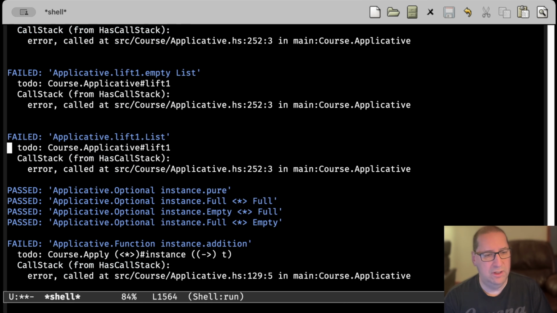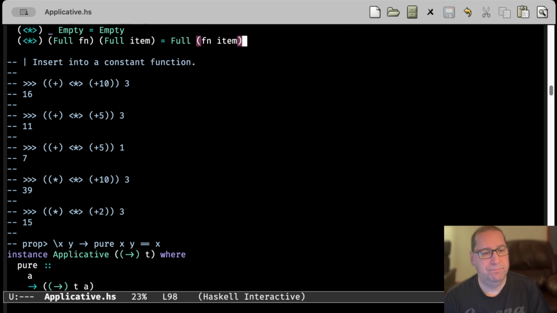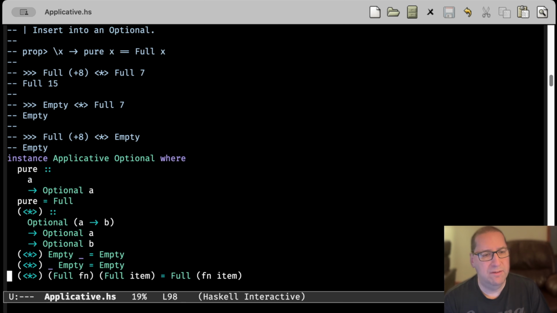I haven't seen these lift functions, but that looks like it works. Passing a bunch of tests, I love it. Insert into a constant function. So here we have some actual,